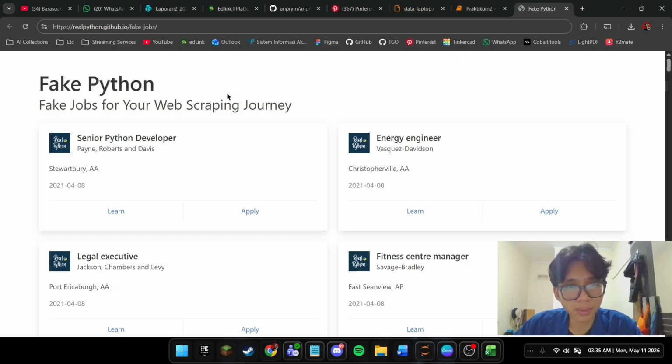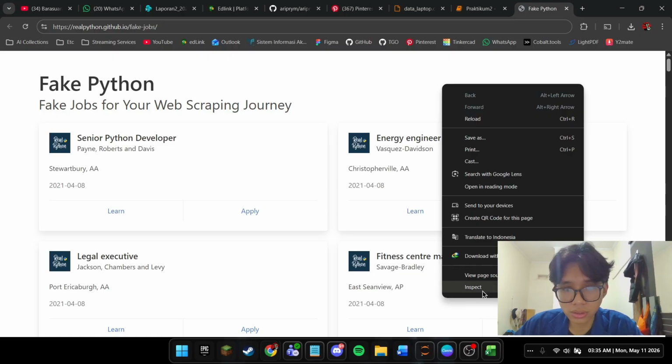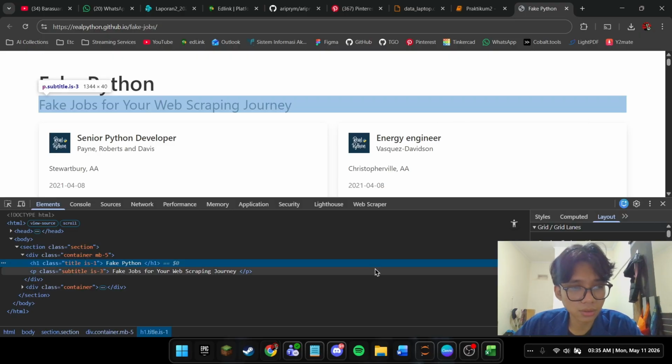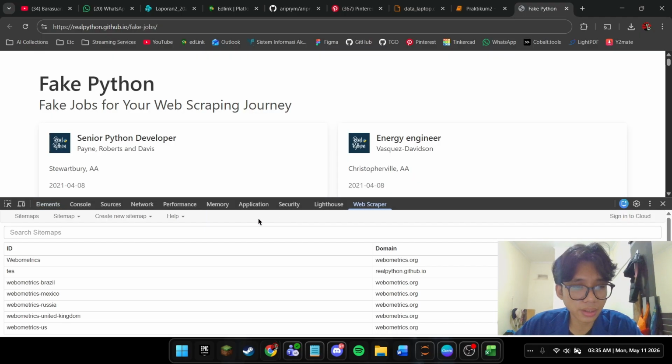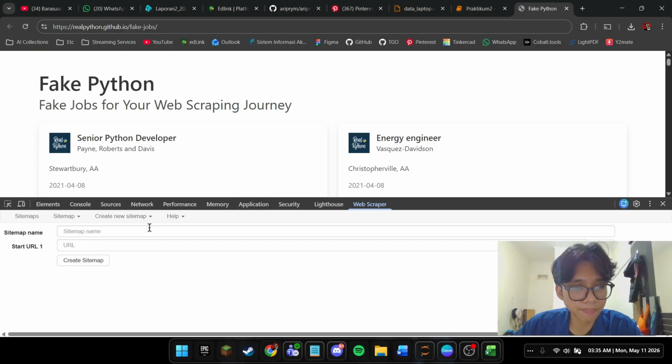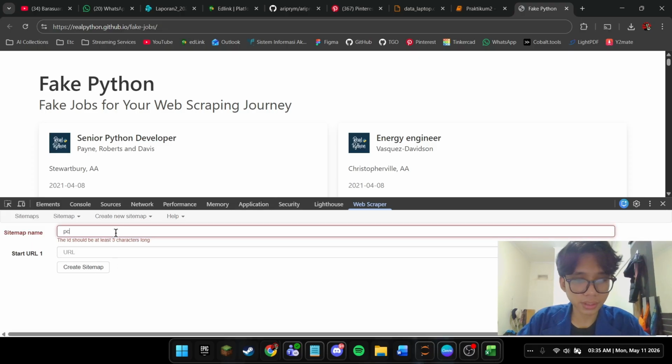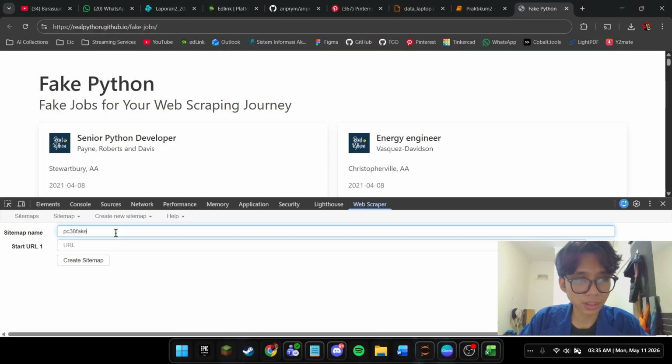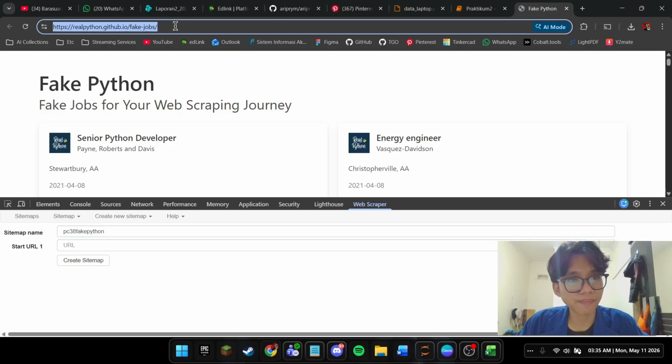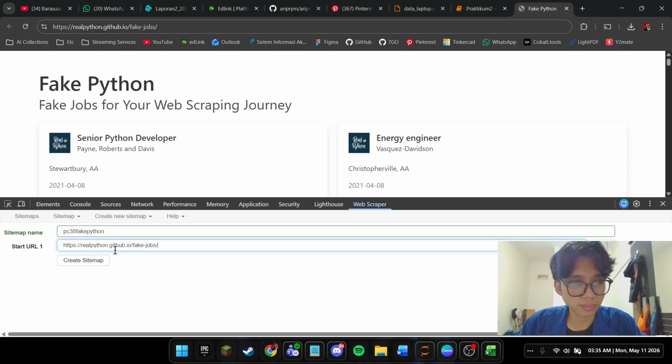After the website opens, I access web scraper through the DevTools at the bottom of the browser, and then I create a new sitemap, name it PC38 fake Python. And then I fill in the start URL with the target website address and create the sitemap.